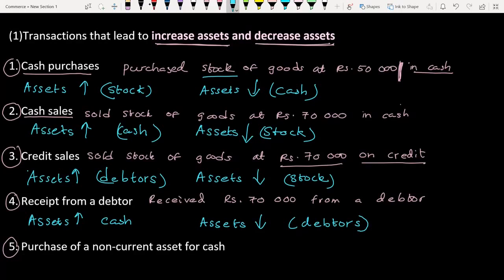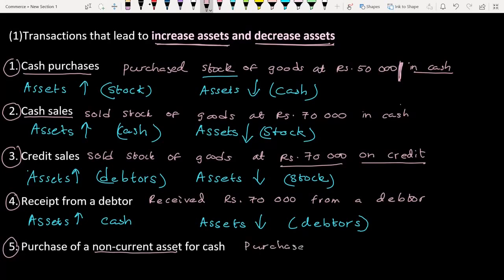Right. The last possible transaction is purchase of a non-current asset for cash. Now, we know there are several non-current assets. Example, land and building, motor vehicles, machinery, equipment, furniture. So let's take a machine. If I write the transaction,